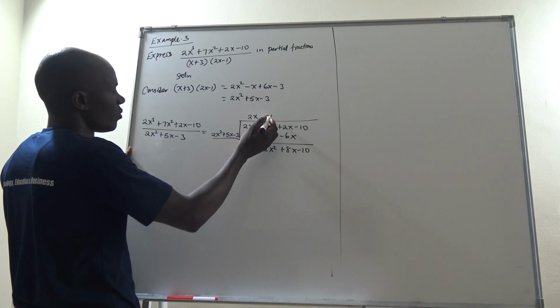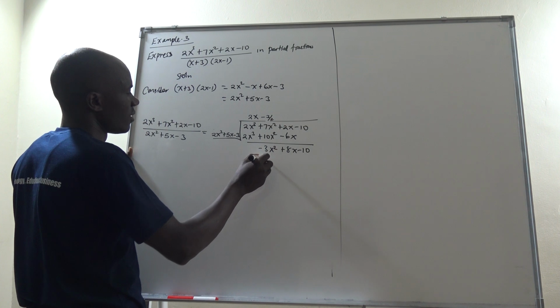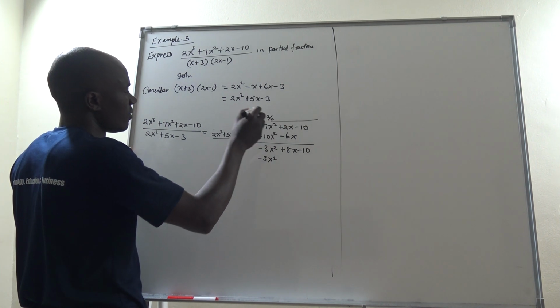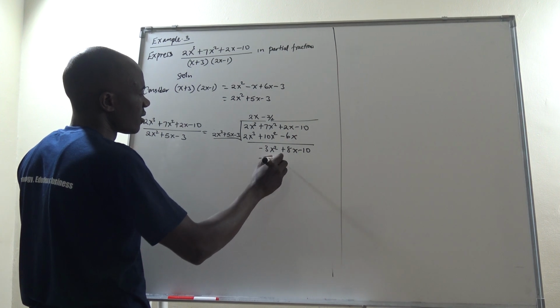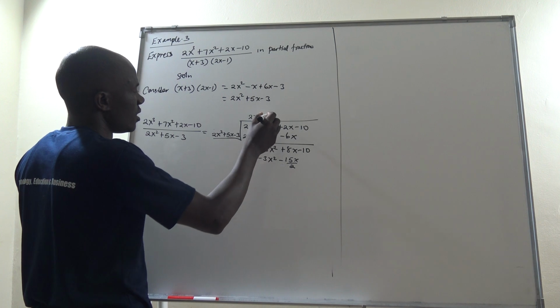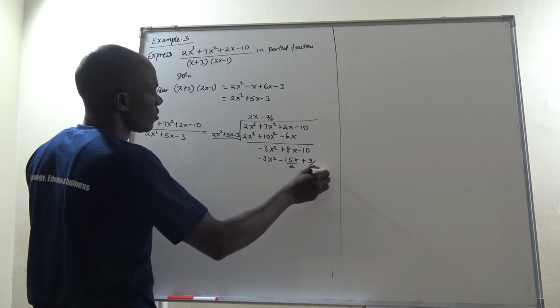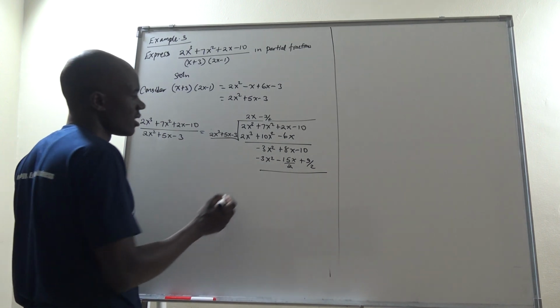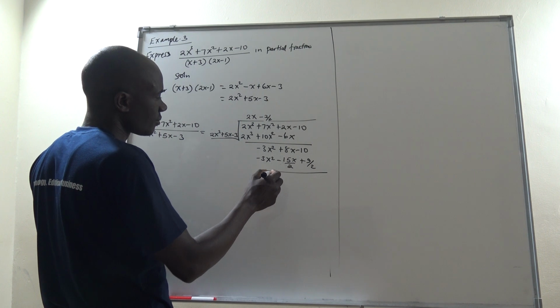When you say negative 3 out of 2 times this, we get negative 3x squared. Negative 3 out of 2 times this, we get negative 15x out of 2. This and this, we get plus 9 out of 2. So we deduct this minus this, it goes. We are remaining with